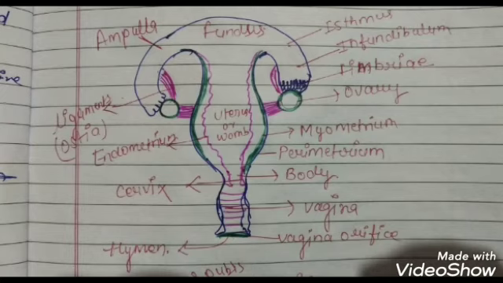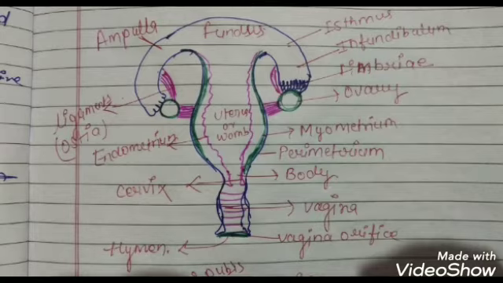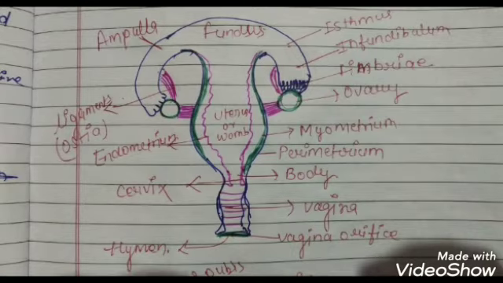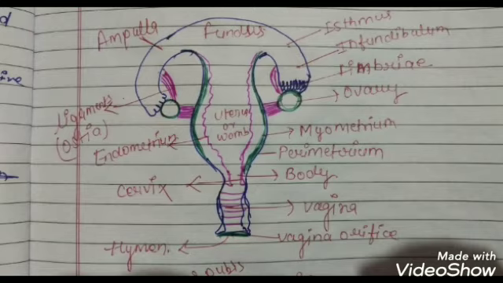The uterus opens into the vagina through a narrow cervix, meaning after the uterus an opening is present, that is called the cervix. The cervix opens into the vagina, which opens into the vulva. The vulva, or you can say the vaginal opening, has a thin membranous structure called hymen, which is present in a virgin female.